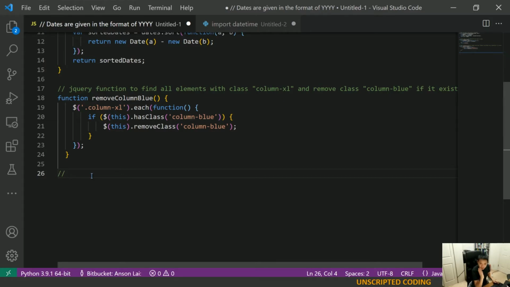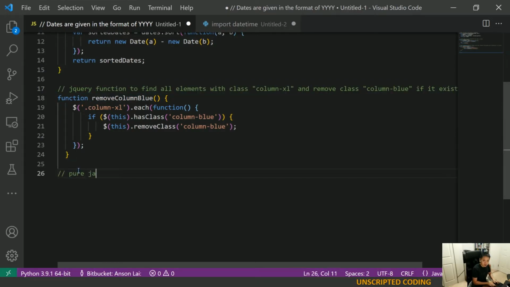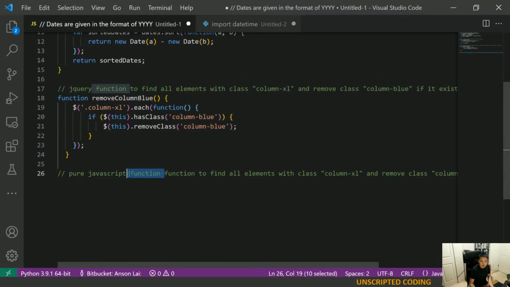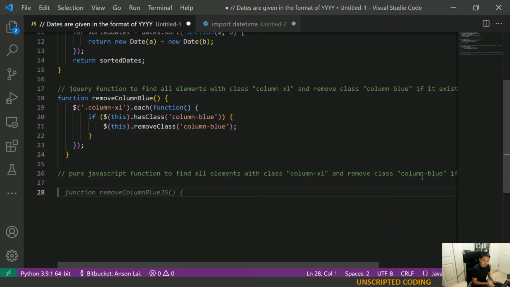Okay, so another thing that frequently annoys me is just using pure JavaScript, because I use jQuery. I get that it makes things a little bit slower. You have to download jQuery and all that, but it's just so much easier to do this. What if I say something like pure JavaScript function to do the same thing and see what it spits out? So they call it